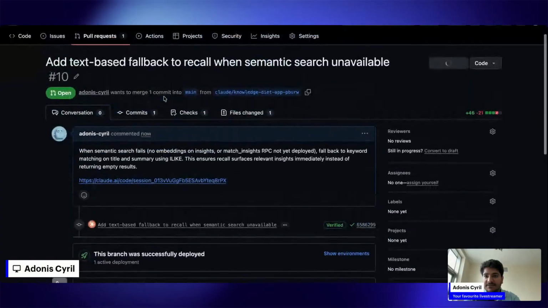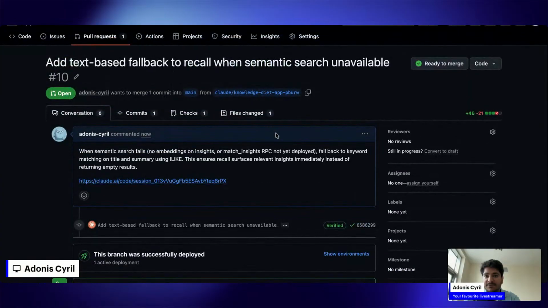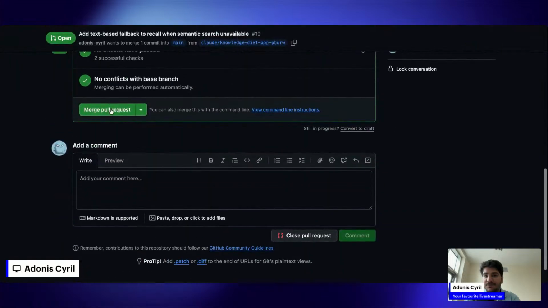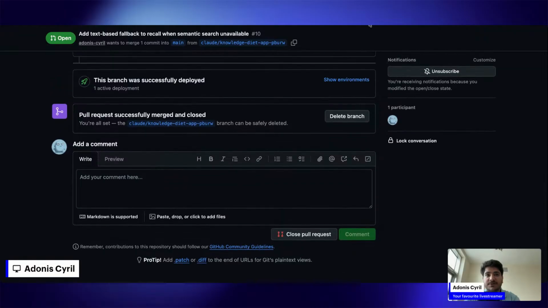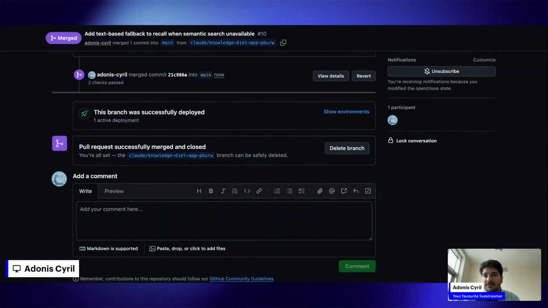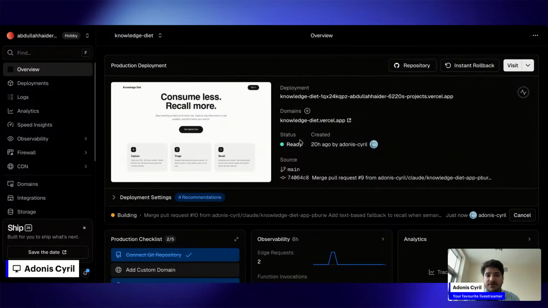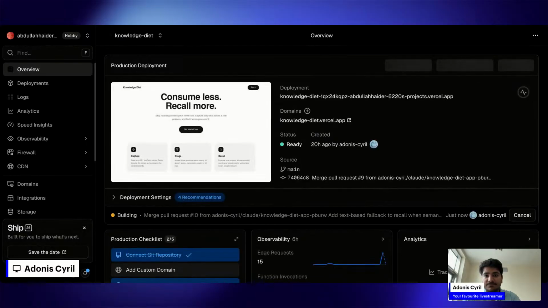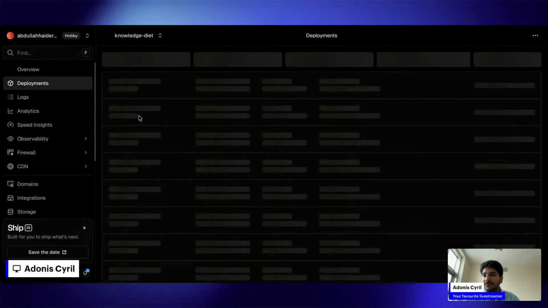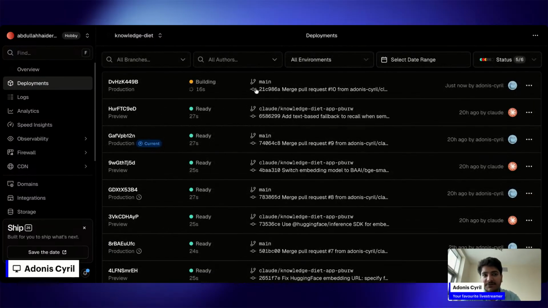Now this is basically a text fallback when semantic search is unavailable. I'll merge this considering there are no issues. Now you can see that on Knowledge Diet, this is supposed to redeploy almost instantly. So I'll just hit refresh here. In fact, let me go and check out deployments for this. Okay, so it's still building. And once it's built, we will be able to see this as well.